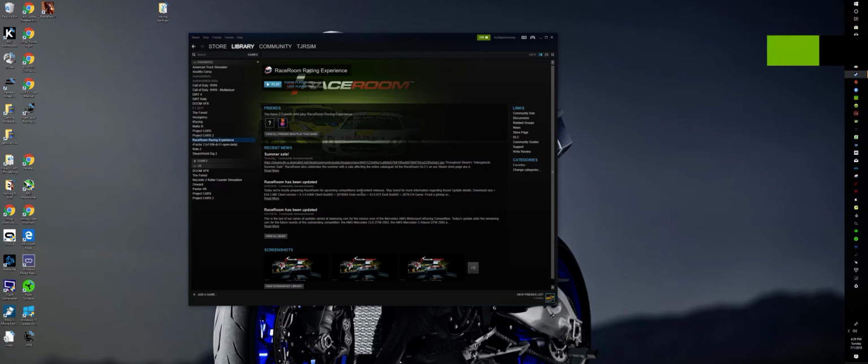Today we're going to check out RaceRoom Racing Experience VR settings. This is for the Samsung Odyssey, which has a higher resolution screen and can be a little bit difficult on your system. I'm currently running a